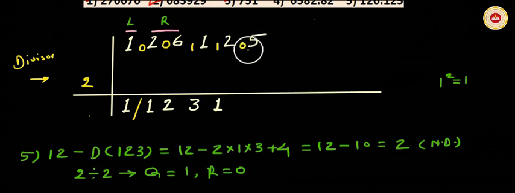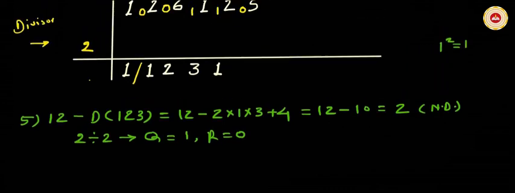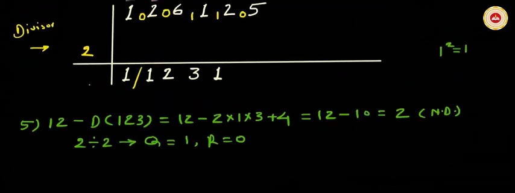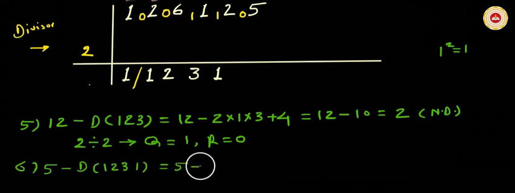As this 5 is the gross dividend, let us subtract the duplex of these 4 digits from gross dividend 5. It will be step number 6. Step number 6: 5 minus duplex of 1 2 3 1, which is equal to 5 minus 2 times the product of these two end digits, 1 cross 1, plus 2 times the product of these two inner digits, which